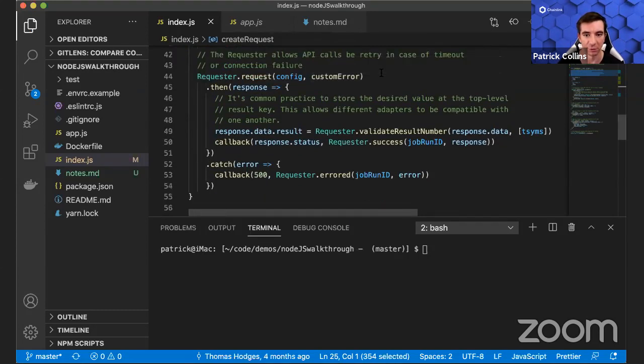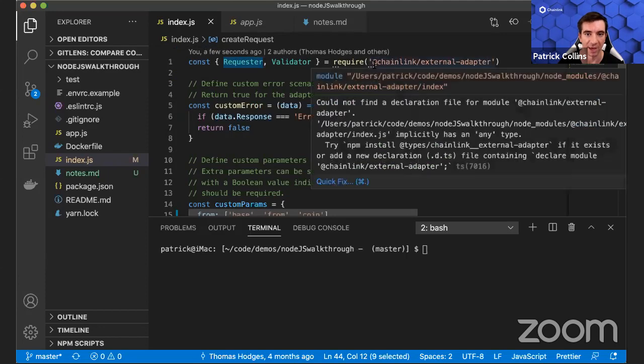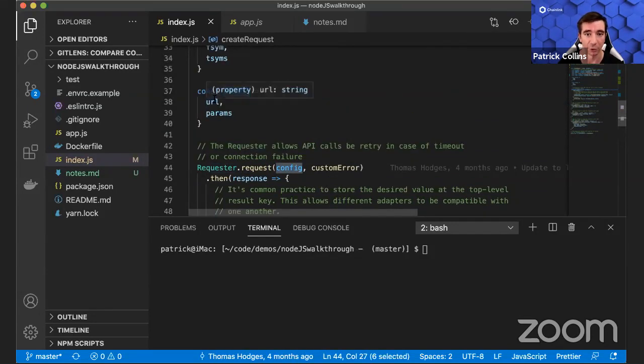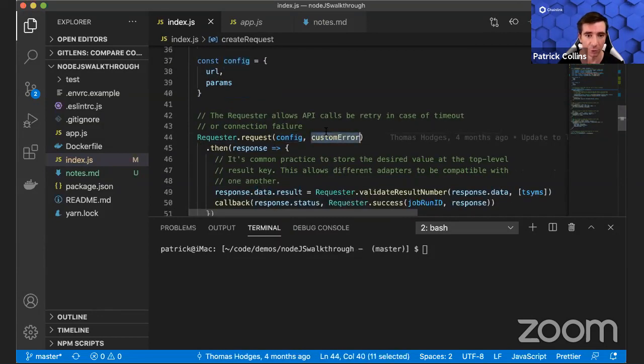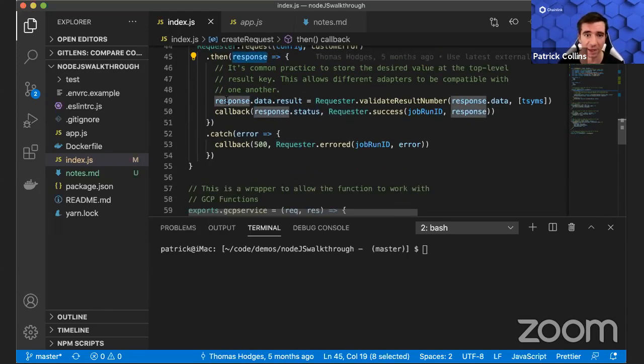This is using a little bit of that Node.js syntax. Again, Requester is a package that we import. It's really nice because it defines some retry parameters and some other parameters that we would otherwise have to do ourselves. So that's really nice. .request, the config, which has our URL, our parameters, and also custom error if we want. And once we get it, we're going to take the response, and we're going to add this result